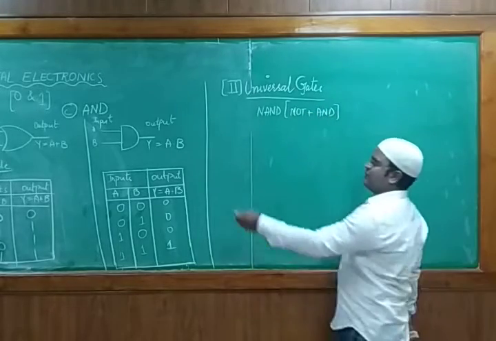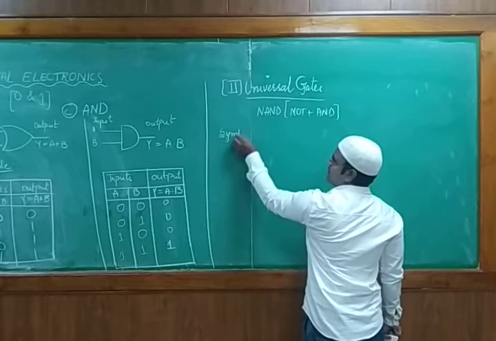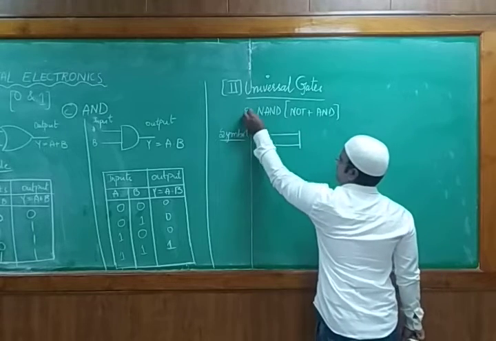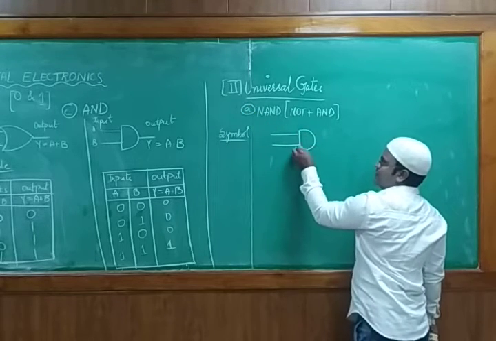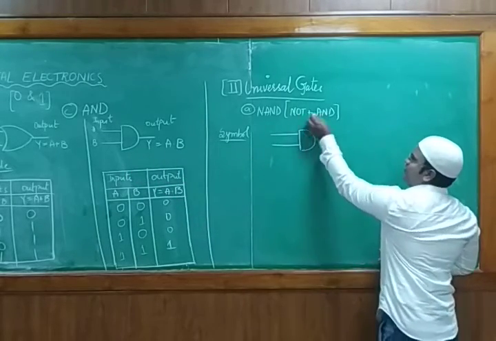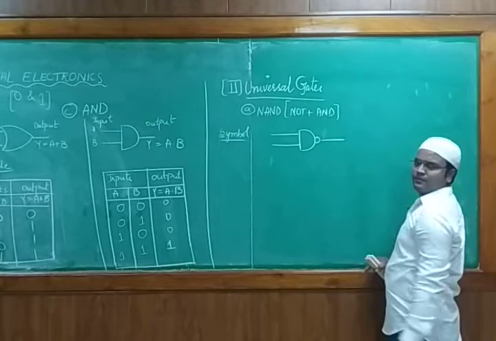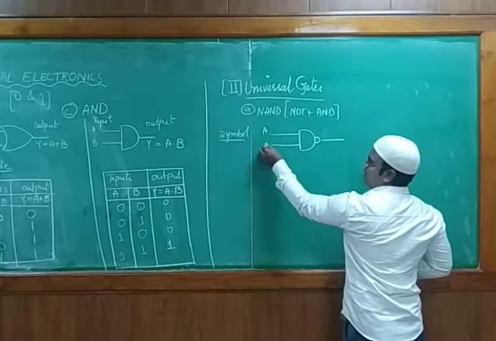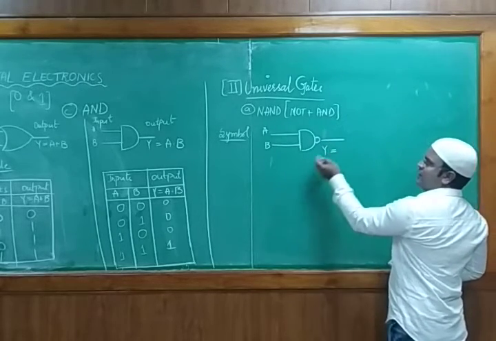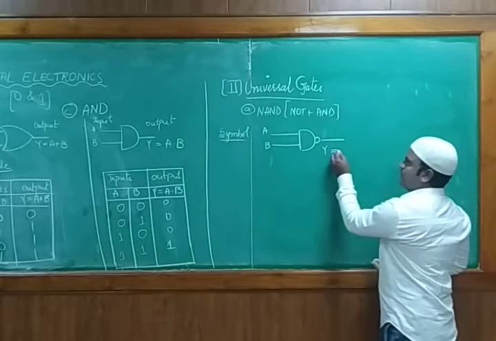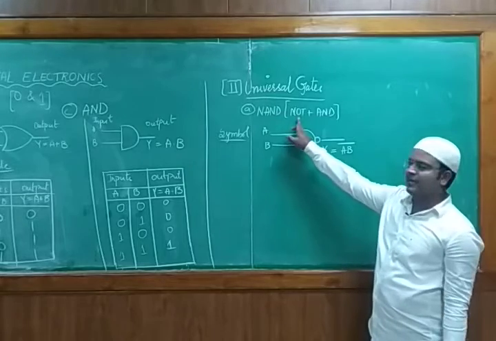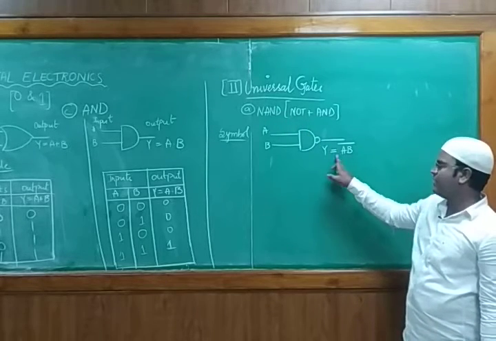For designing it, the first thing we have to see is the symbol. So what is the symbol for this NAND gate? It is similar to the AND, but we are combining it with NOT, so we need to mention a small bubble over there. So here, if I have A and B, I need to mention its output Y. Y would be exactly like A and B, but here we have to mention a complement because we want to write it as NOT.